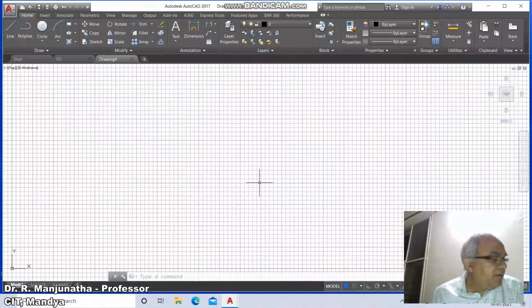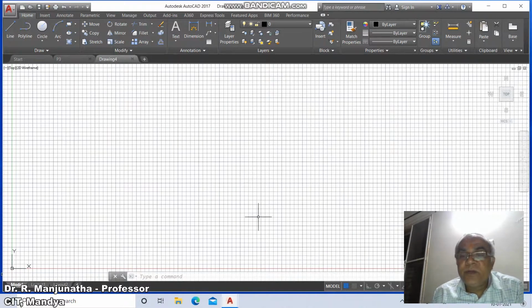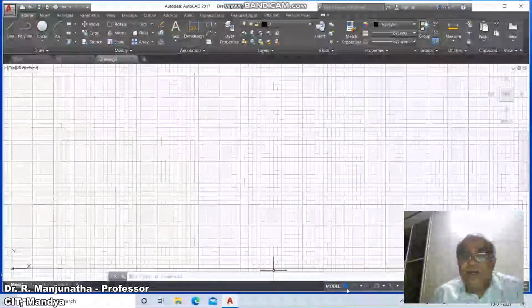We have a point that is 40 mm behind VP, 50 mm above, 15 mm above HP, and 25 mm in front or behind or from LPP. Draw its projections and name the side view. To do that, first we will go to the AutoCAD software and fetch off the grids.